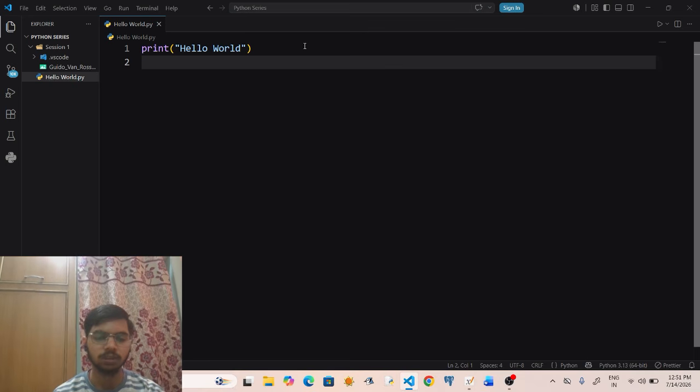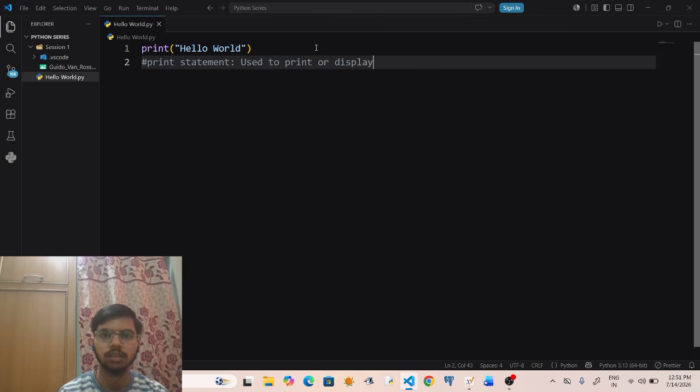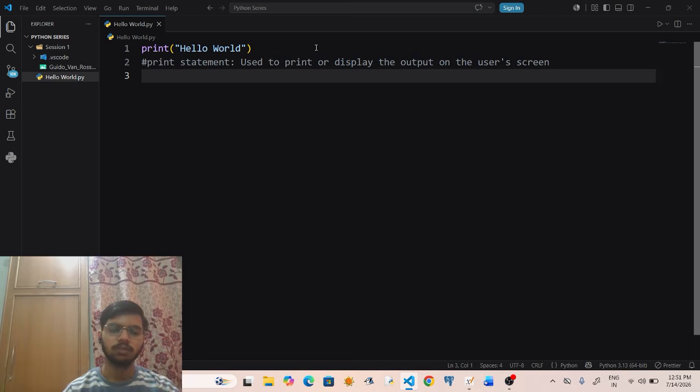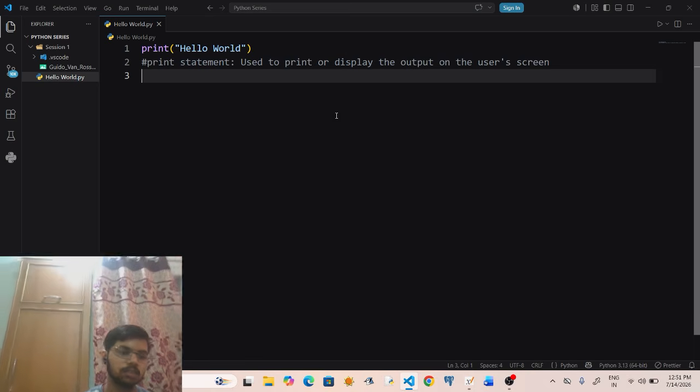So what is the function of the print statement? It is basically used to print or display the output on the user's screen. And what is the syntax of the print statement? Let us see that.